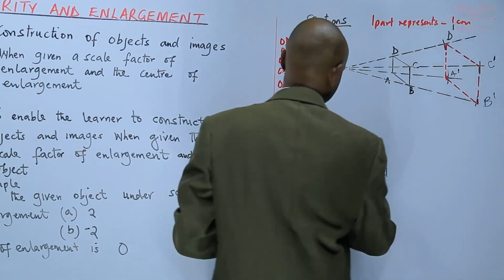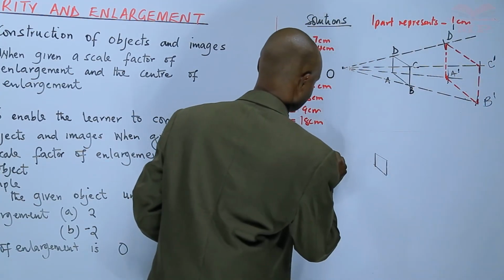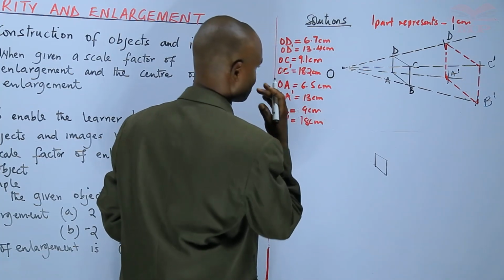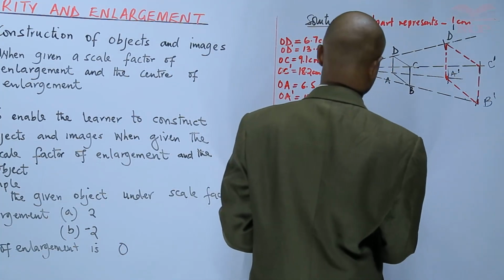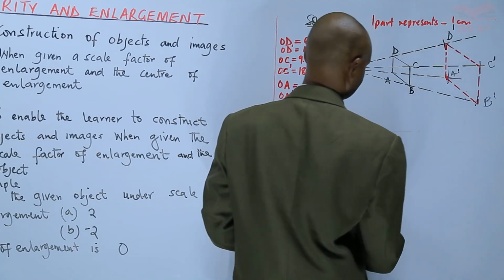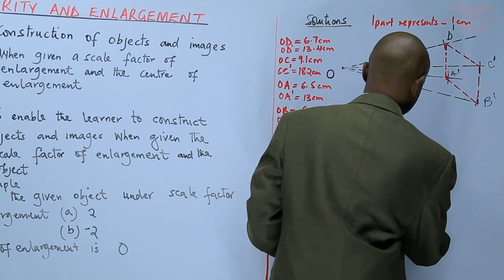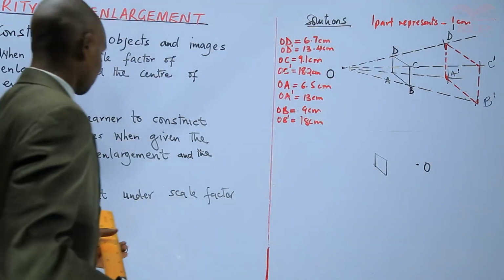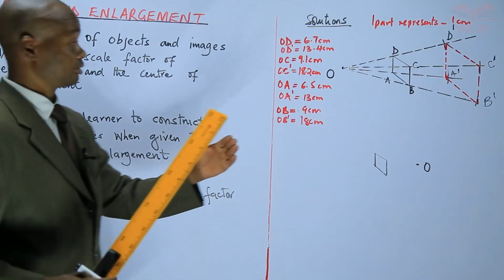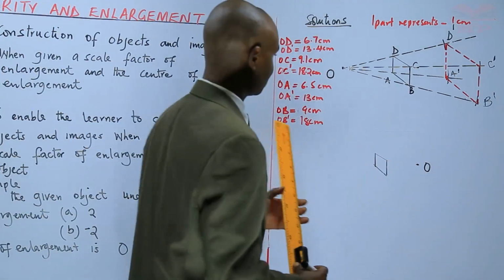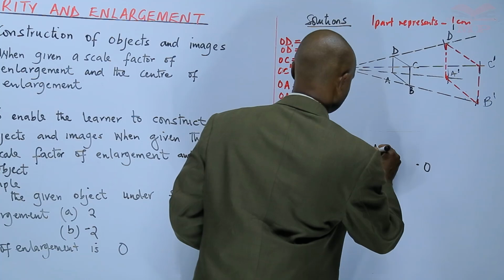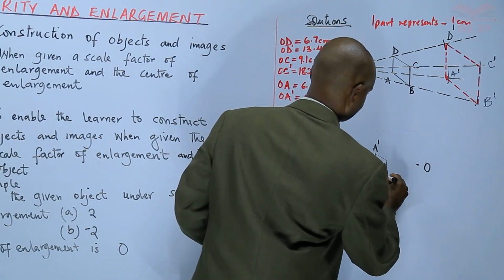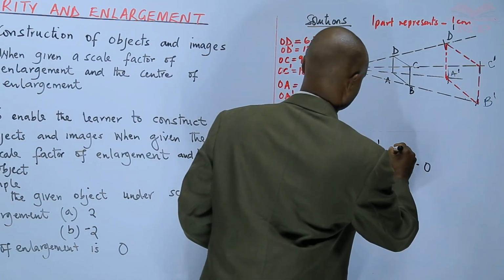And still you are given a center, center O. Note that when we have -2, the object and the image will be on the opposite side of the center of enlargement. So if you have A, B, C, and D,